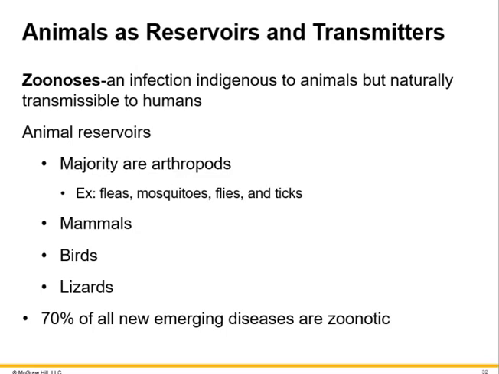Mammals, right? So dogs and other mammals and bats would be examples. And then we have birds, right? So we have all kinds of avian flus. And then last on the list would be your lizards. Okay, so as it says, 70% of all new emerging diseases are zoonotic. So that's kind of important. So we need to pay attention to that, because this is where our next pandemic is going to be coming from, is probably some type of zoonotic